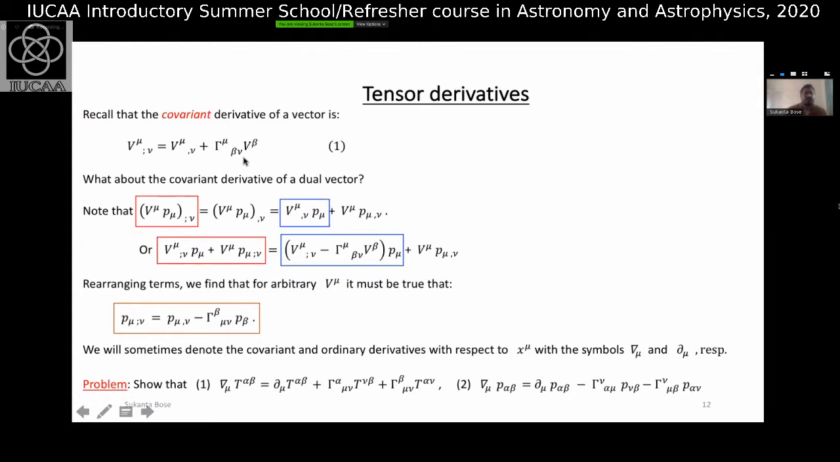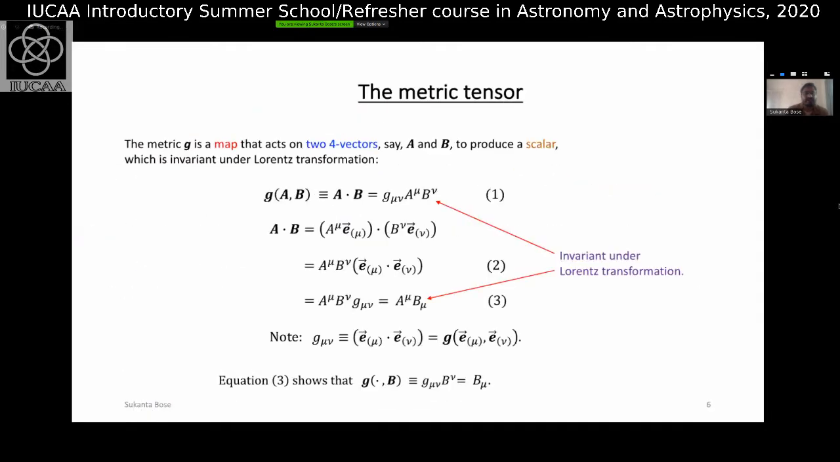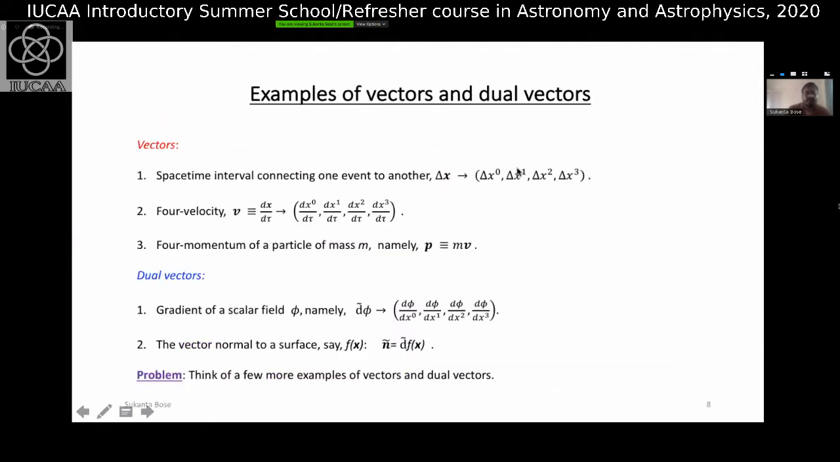But you can ask, what is the covariant derivative of a dual vector, right? And to answer that, now you bring in the scalar product. You notice that V^mu contracted with P_mu is a scalar, right? We saw this when we dealt with the action of a metric. Here, for example, this is a scalar. P takes A to a scalar quantity. So